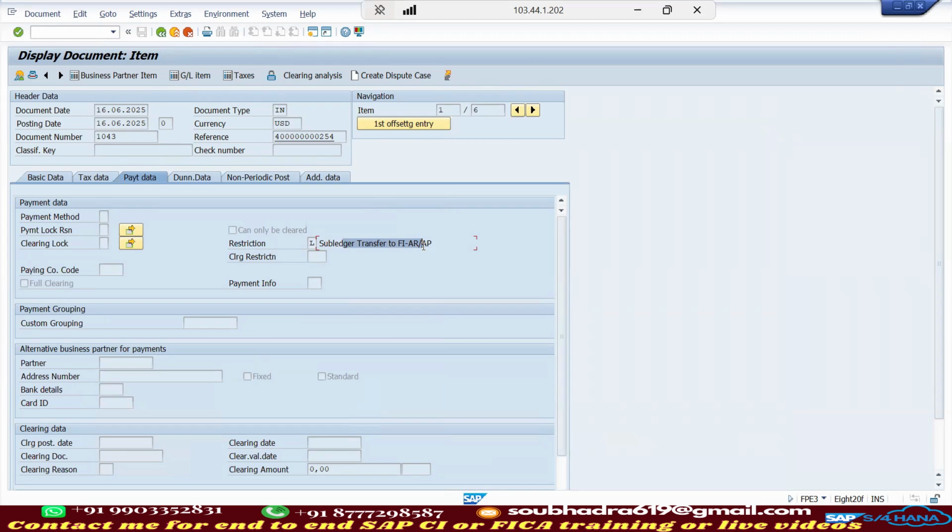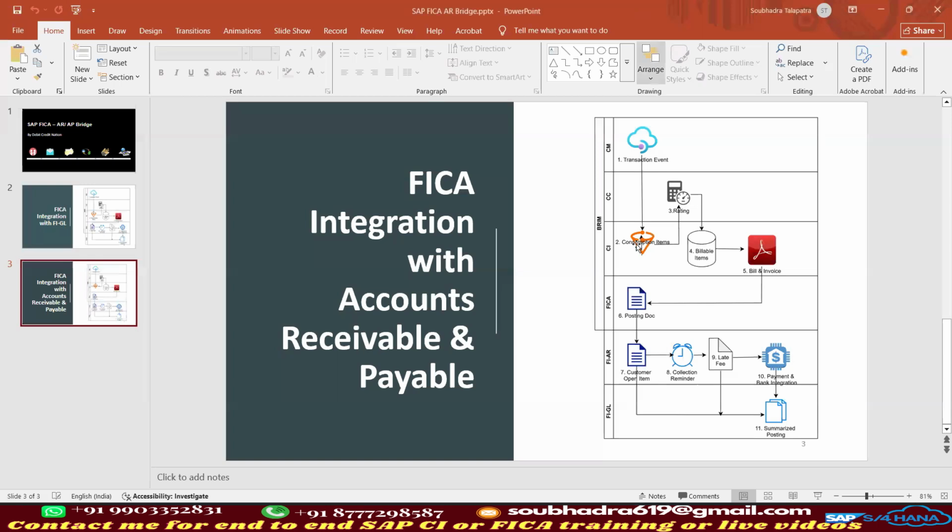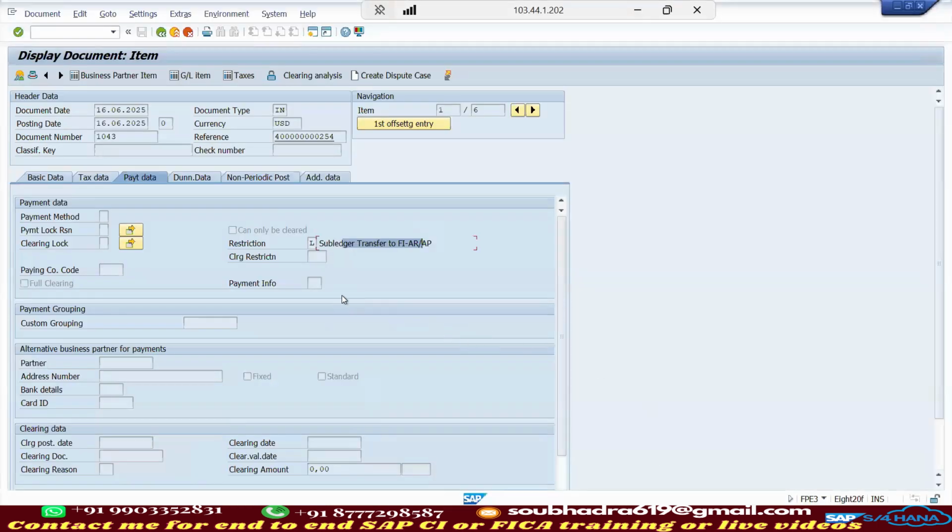Okay, so how far have we done? So till this we have done. Now I will transfer to FIAR. Okay, now to transfer to FIAR, I will not use the traditional GL transfer. The FPG4, FPG1, I will not do because I don't want to send to GL. I want to send to AR. Okay, not GL. I want to send it to accounts receivable. So there is a separate T code. I will run that. So the T code is